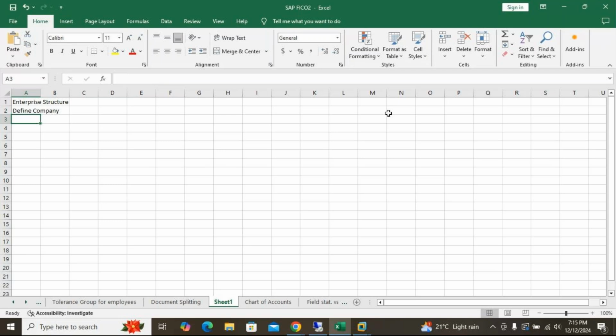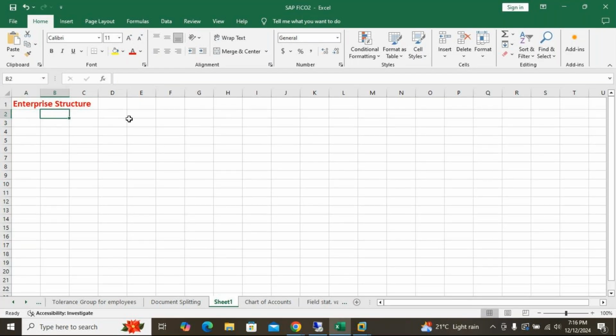Second one is assign company. Sorry, define company code. Sorry. So let's take this one, delete. I'll list it so you will not be confused in the future. So first let's point to it. This is the multiple; I'll make it a little bigger. So let's take this one: define company. Next one is define company code.